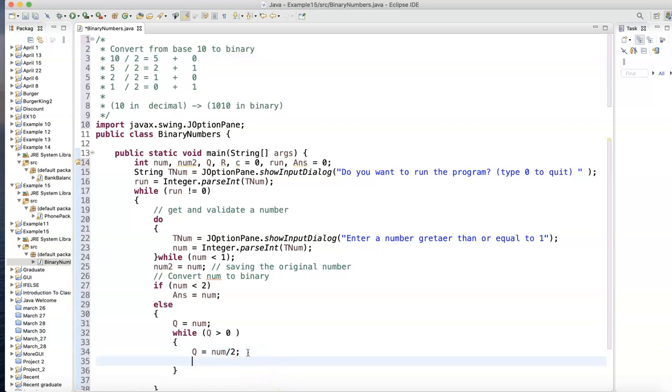Now my remainder, I use R here, is going to be the remainder of dividing num by 2, that's percent, that gives you the remainder. So when you divide 10 by 2, the remainder is 0. So the first time you run it, Q will be 5 and R will be 0. Remember, I set my answer to 0. So now after you finish with that, I'm going to say my answer is going to equal whatever the answer was plus,